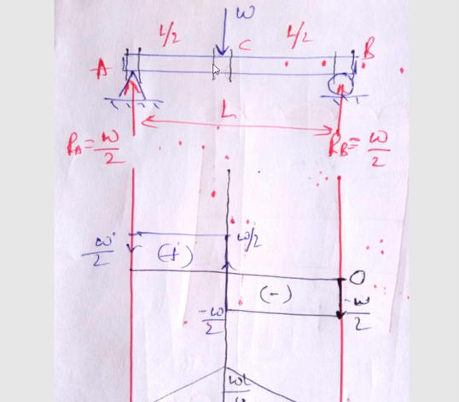Once I finish this section, consider this section, which is just to the left of this force. Now when I consider this section, coming from the right hand side, there are two forces, one is this force and the other is this force. If I want shear force at this section, I need to add both these forces. To the right hand side, this is in the upward direction, so take it as minus W by 2, and this is in the downward direction, so take it as plus W. W minus W by 2 will be plus W by 2.